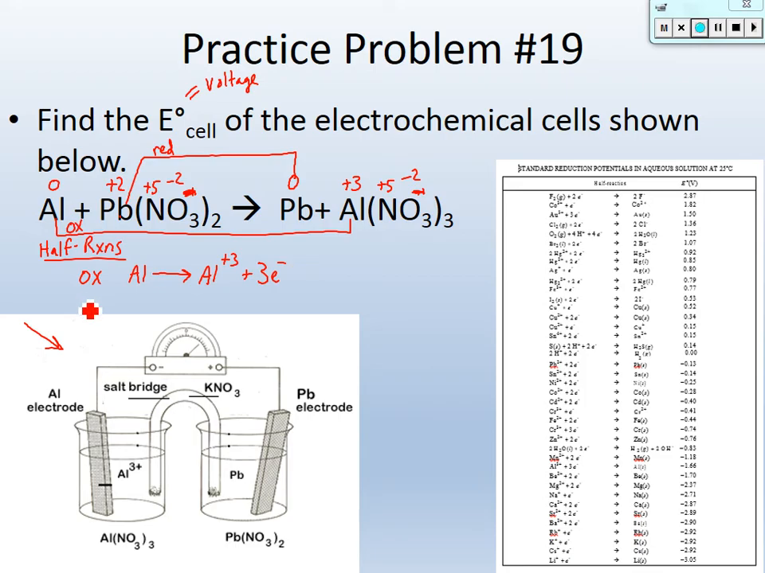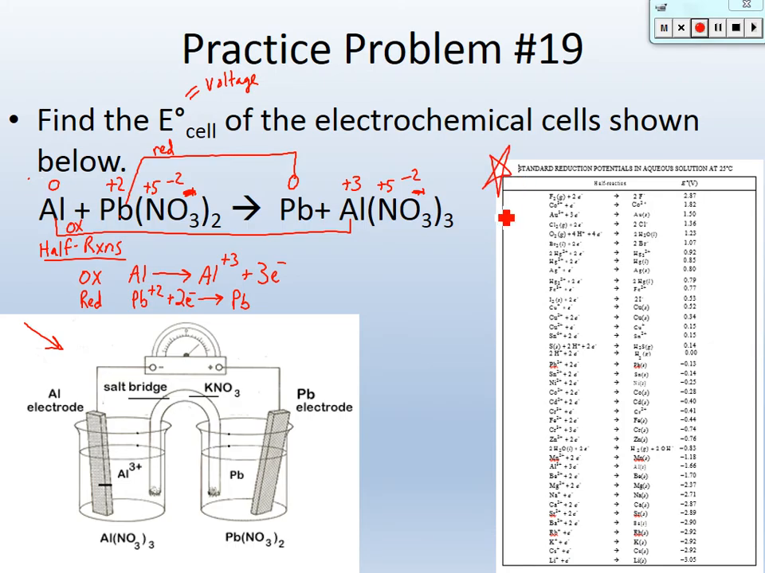Okay, my reduction half reaction is going to be, we said was lead, so Pb +2. I'll leave a little space there, and it goes to Pb. In order to balance the charges, we need to add 2 electrons. Okay. So now that we know which is being oxidized and which one is being reduced, we come back to